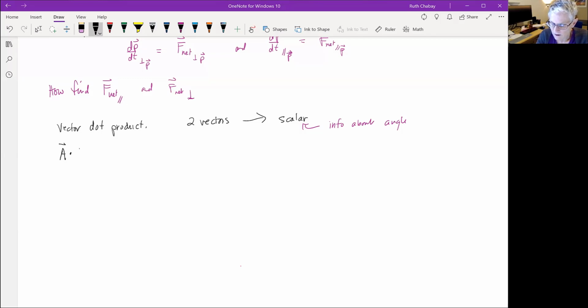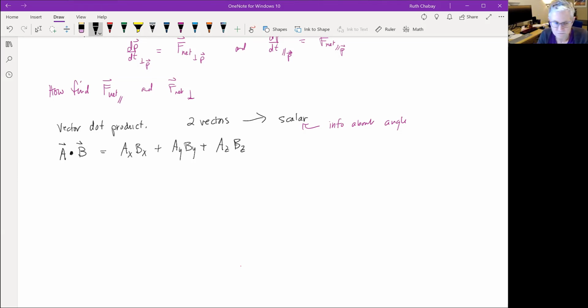So if we have two vectors A and B, we write this with a dot in the middle, like a multiplication symbol. And this is actually a sum. So we take the x component of A and multiply it by the x component of B to get a scalar. And then we take the y component of A and multiply it by the y component of B to get a scalar, and the z component of A times the z component of B to get a scalar. And so we get this